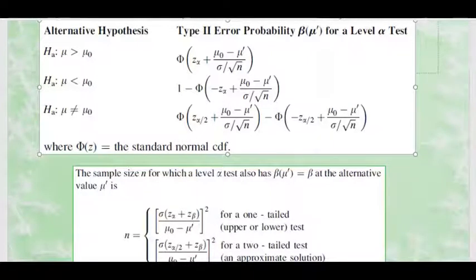So for part B, we need to calculate type 2 error for mu prime equal to 540,